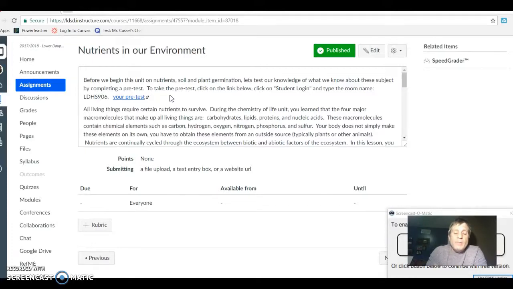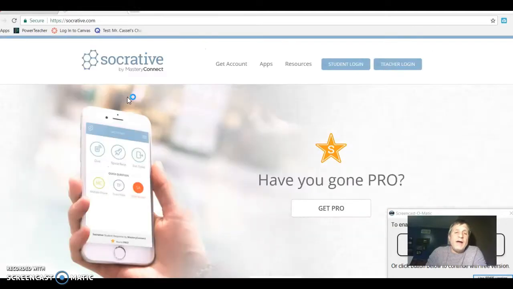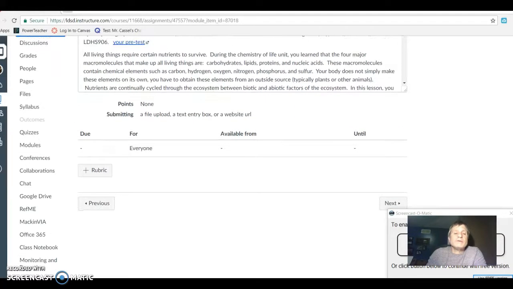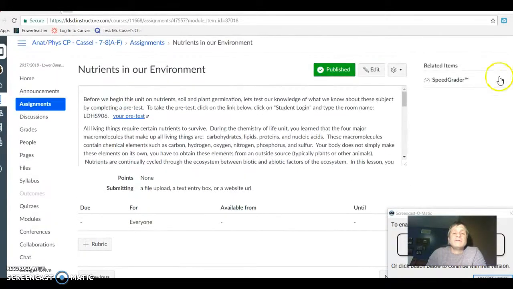But as you can see, if you click on this, it takes you to a Socrative, and the Socrative quiz is there and available for my students. So they'll be able to finish that Socrative and then go back to the test, and they'll get instant feedback on that. So as you go through these directions on this first section, what I'm asking the students to do